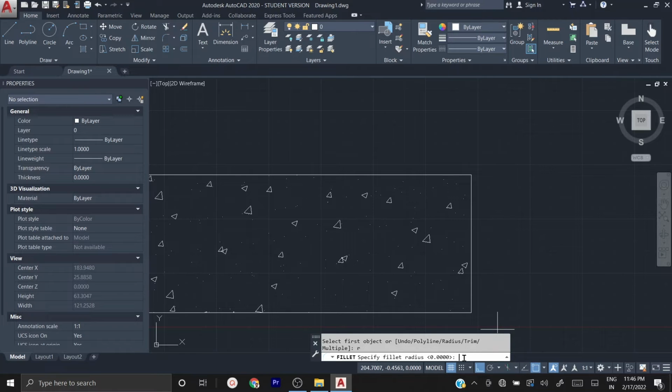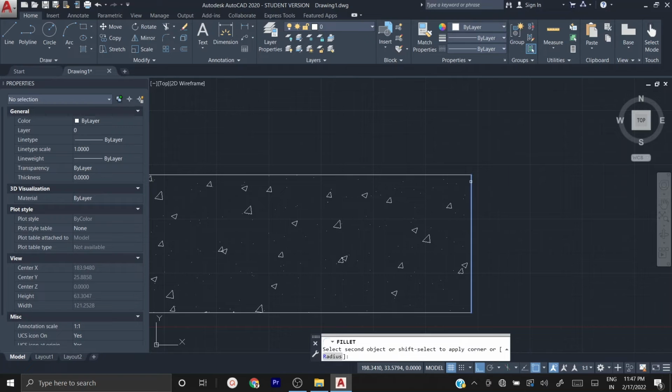For example, if I am specifying 2, all the units I have entered are in feet, because in units I have set the drawing in feet. So whatever unit I am typing here, it is all in feet. So 2, enter. Now I have given the radius of the fillet. Now I have to move my cursor to the first line, the first object. Click it.